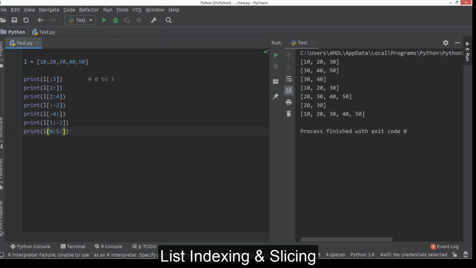Now we can use another parameter, that is the third parameter. It will access only every second element, meaning 0, second and fourth. When you say 2 here as a third parameter, it accesses 0. See, this is a range, this is a collection 0 to 5. By providing this third parameter, we are saying that we only want to access every second element of this list, I mean 0, second and fourth here. So this way we can provide this step value also to access respective elements of a list here.